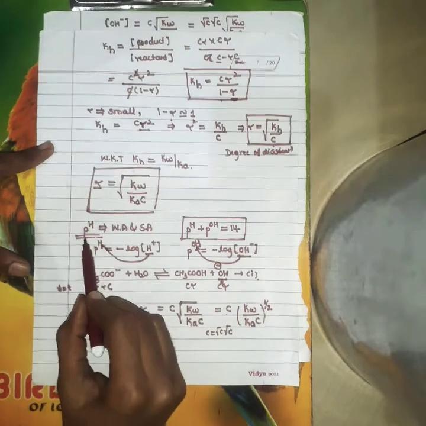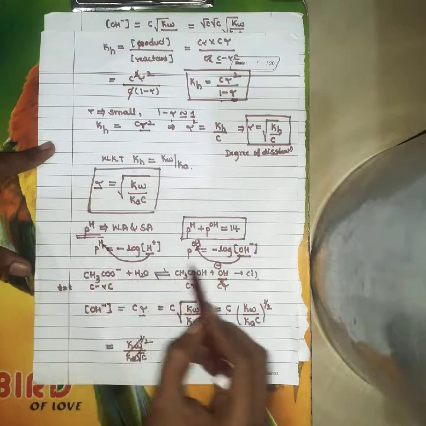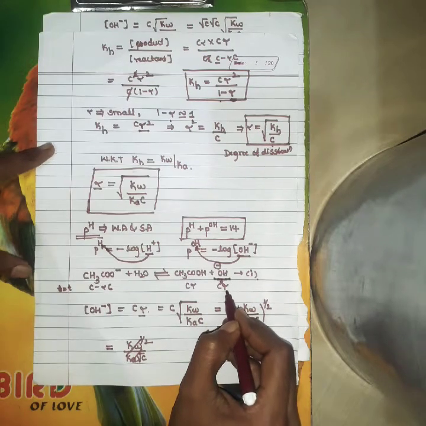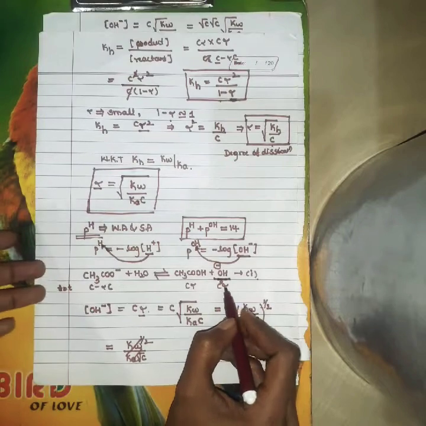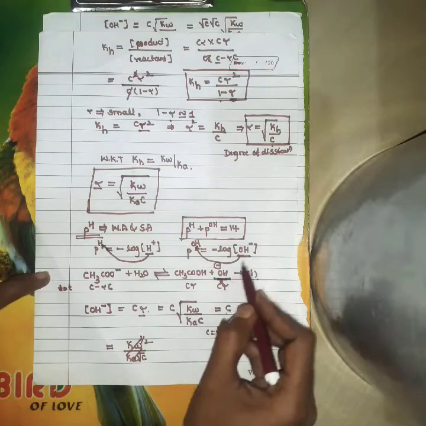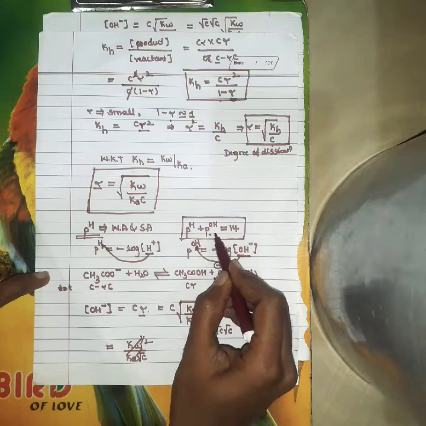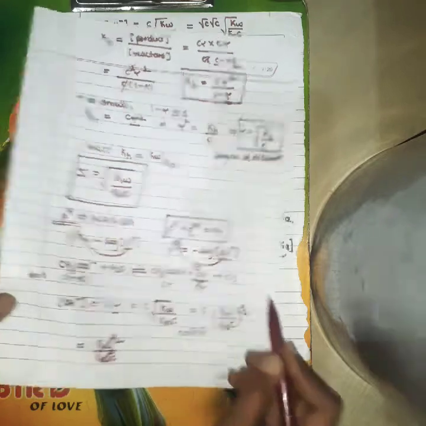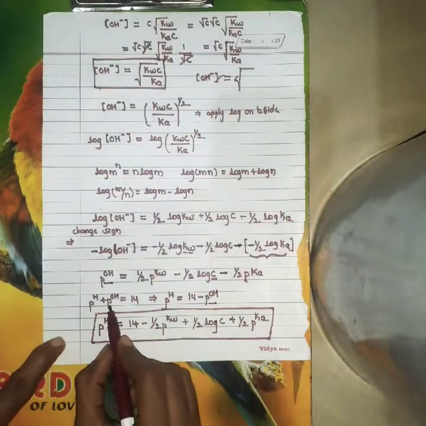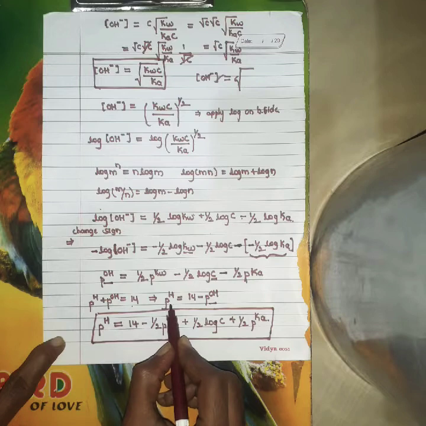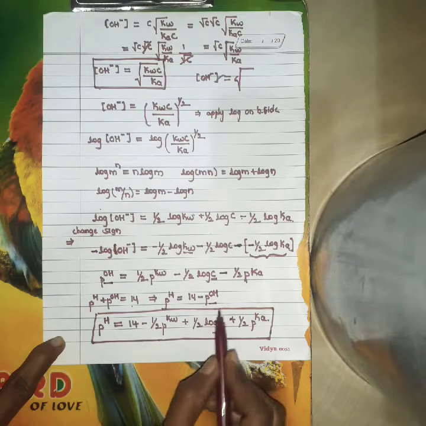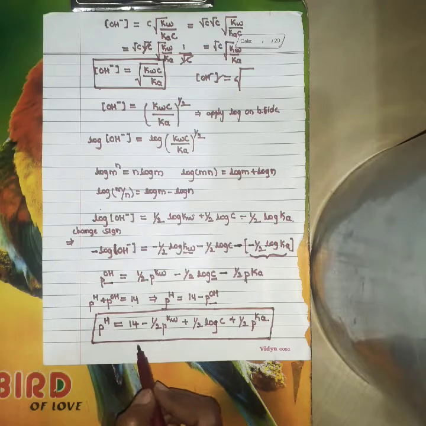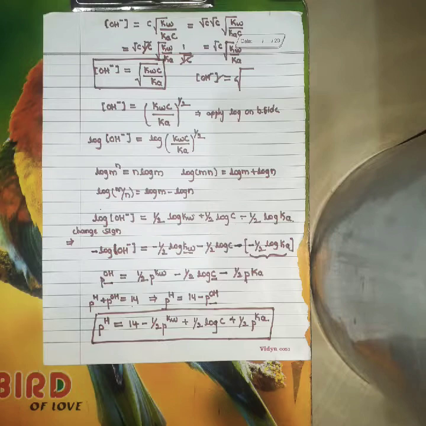After that we want to calculate the pH value, but in our equation we know the concentration of OH minus ion. Therefore we first have to simplify the concentration of OH minus, or pOH. After substituting this, we get the equation of pH value. pH plus pOH is 14. Therefore pH is equal to 14 minus pOH. We get the equation of pH of a salt of weak acid and strong base.